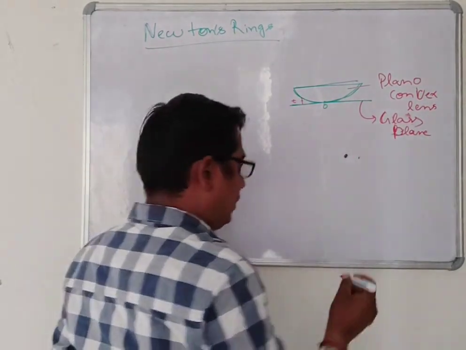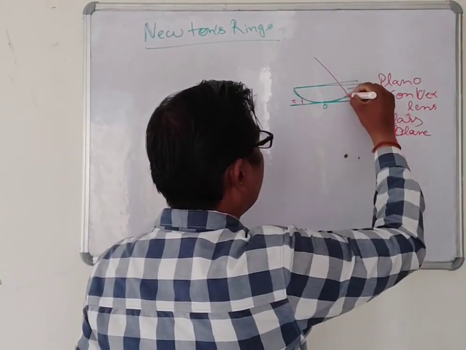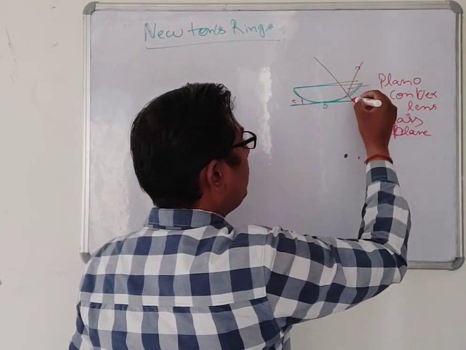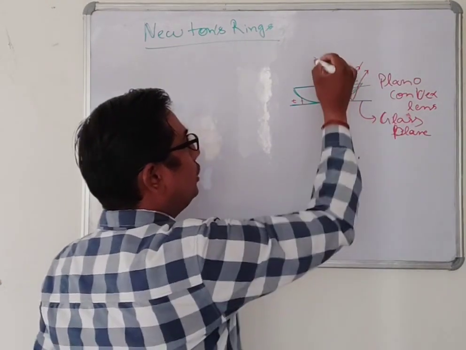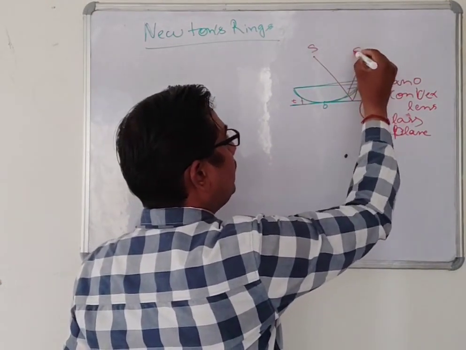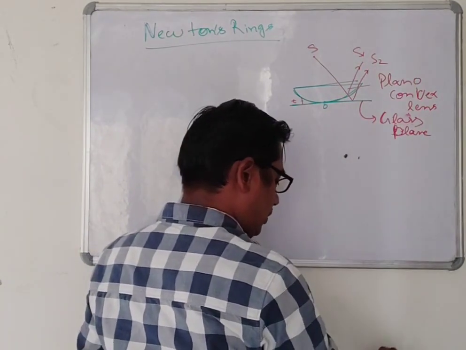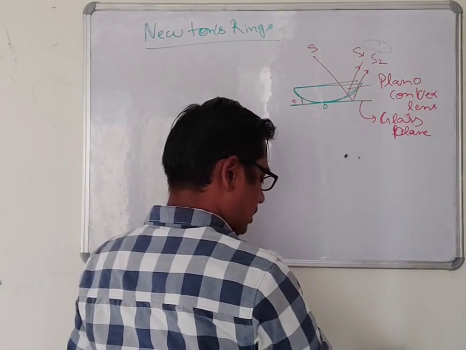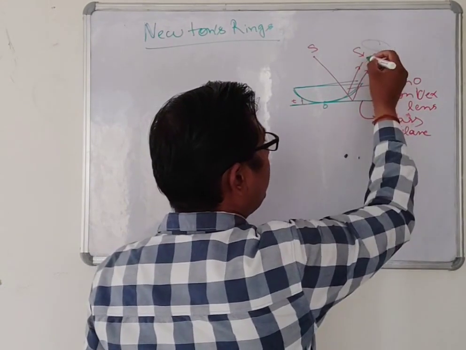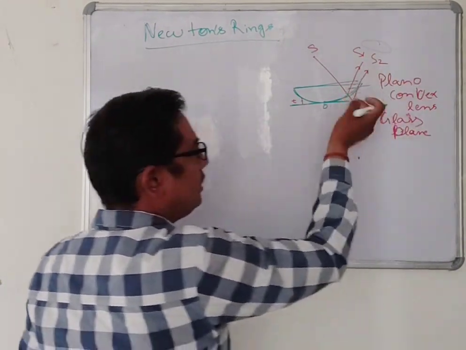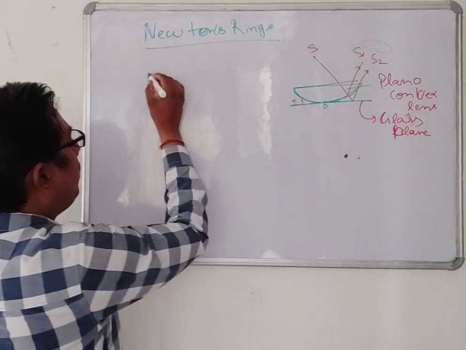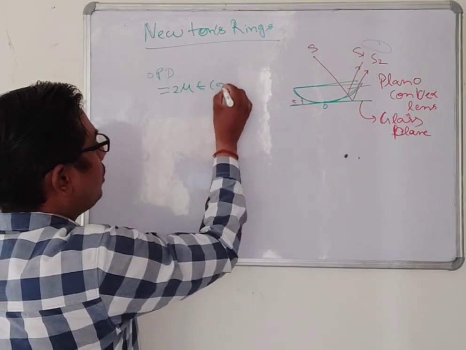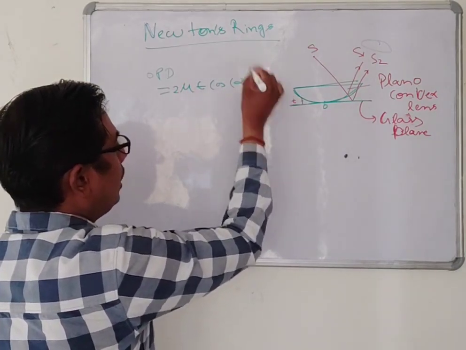Now what will happen when light is coming like that? You will see that one ray is reflected from the upper surface and the other from the lower surface. A single source will be divided into S1 and S2. Then you will see interference between the two sources. So what is the path difference of S1 and S2? You know very well the optical path difference in the case of a wedge shape: 2 mu t cos (alpha plus r).